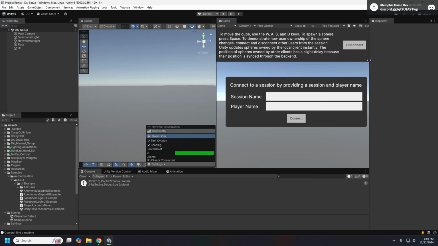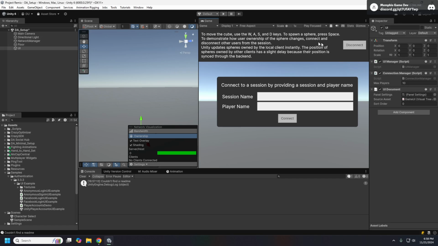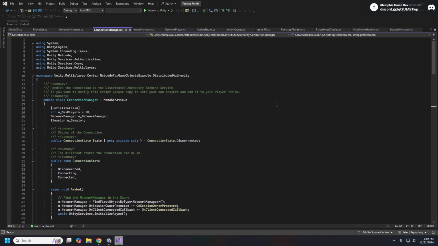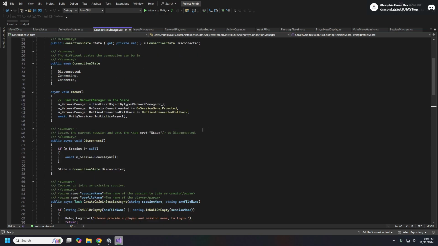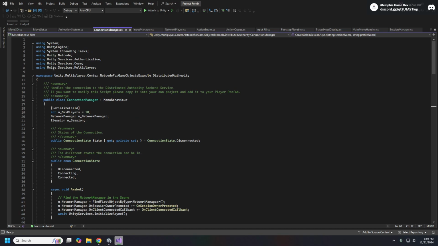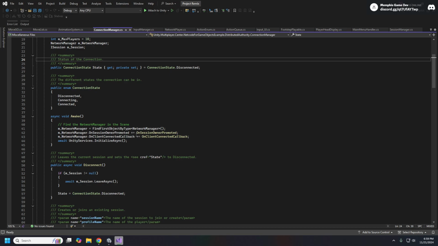This is using the new Unity UI Toolkit for your different paths and whatnot. Okay, so here in the connection manager, it's fairly simple. Just a regular MonoBehaviour. What we have is using the Services Multiplayer package here. What we are subscribing to is the session owner promoted event, and we also have the regular on client connected callbacks.